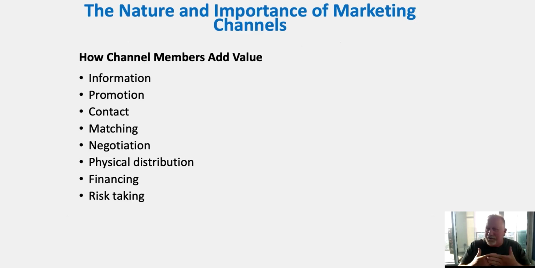but there's lots of different things that intermediaries can do. They can help to provide additional information about those products and services to the end user. They can help you promote things. They can put promotions in place for your products and services. So for example, when you go into a grocery store to shop, you would see maybe your product on an end aisle cap. When you're walking there, you see a big promotion for it. Maybe somebody's giving tests out, things like that, promoting your product. Maybe there's things going on to bring attention to our products on the shelf. This is a promotion element.